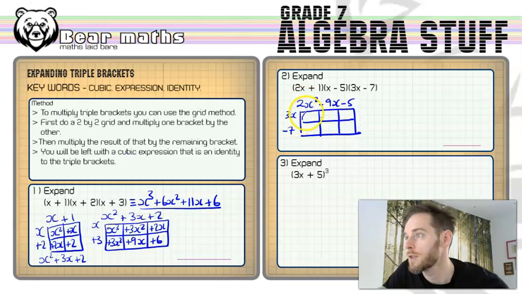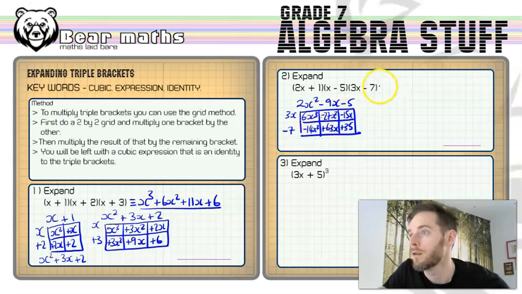Okay, and then I've got 6x cubed. I've got minus 14x squared. I've got minus 27x squared. I've got a positive, because 2 negatives will make a positive, 63x. I've got minus 15x. And I've got a positive